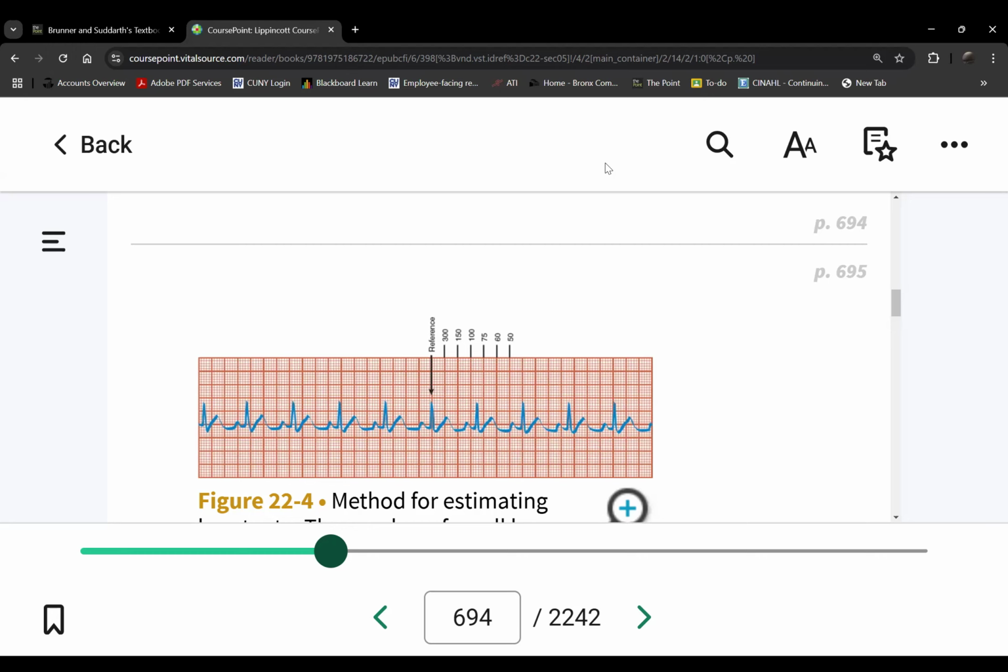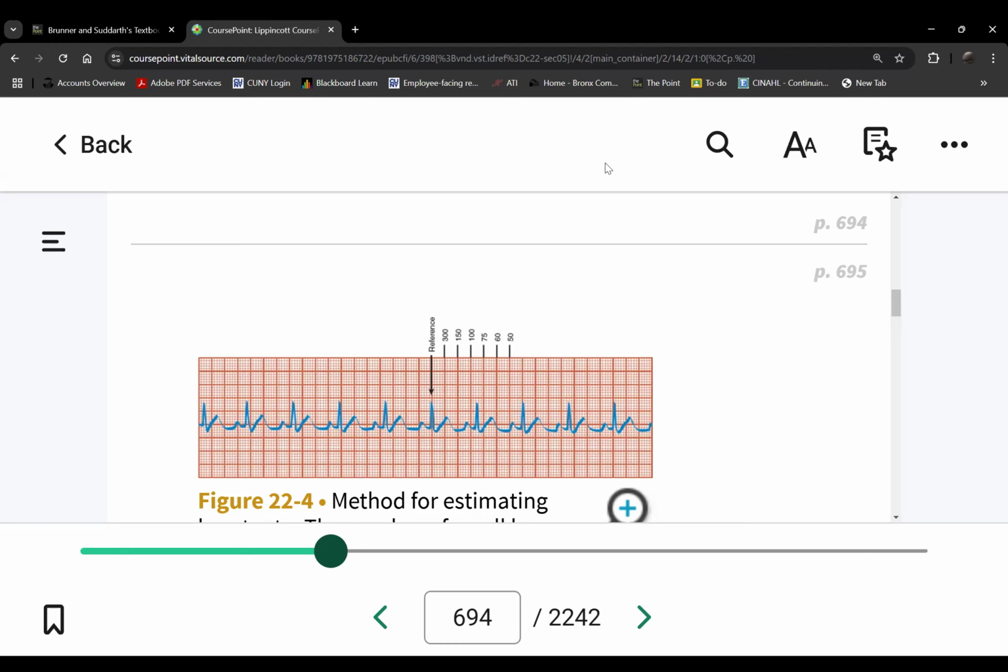1, 2, 3, 4, 5. That's 6 seconds, yeah? Okay, so from here to here is 6 seconds. Now let's count. To estimate this heart rate,